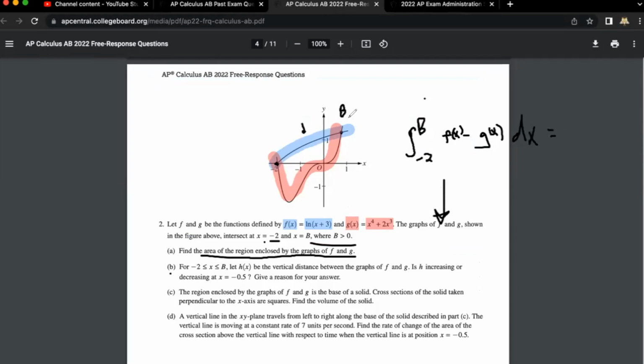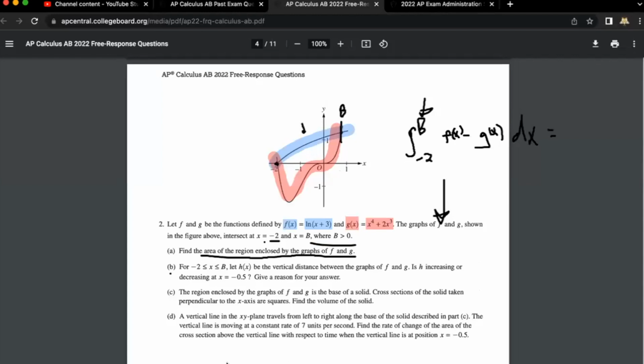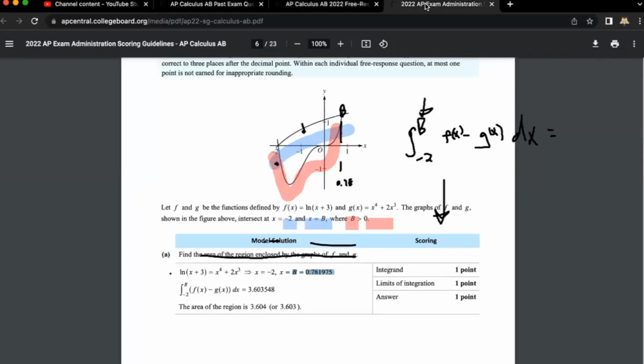Okay, so in this situation, they found that for us here. B is 0.7819. You can notice here, that's about right too. It's not quite at 1, right? 0.7819, right? So that's our B. Now with that being done, now we can go ahead. This is the equation I had written: f of x minus g of x, top minus bottom of our equation. That b gets plugged in there, and they find this number, which is